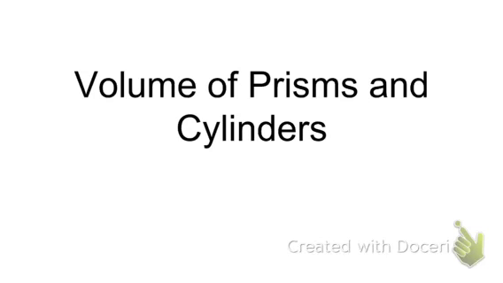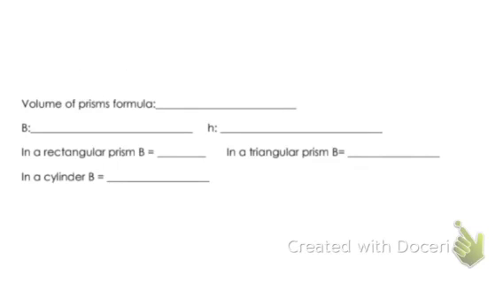Volumes of prisms and cylinders. So, to find the volume of a prism, you use the formula V equals BH. But notice this B isn't a lowercase b like we normally see, it's actually an uppercase B. And what the big B represents is area